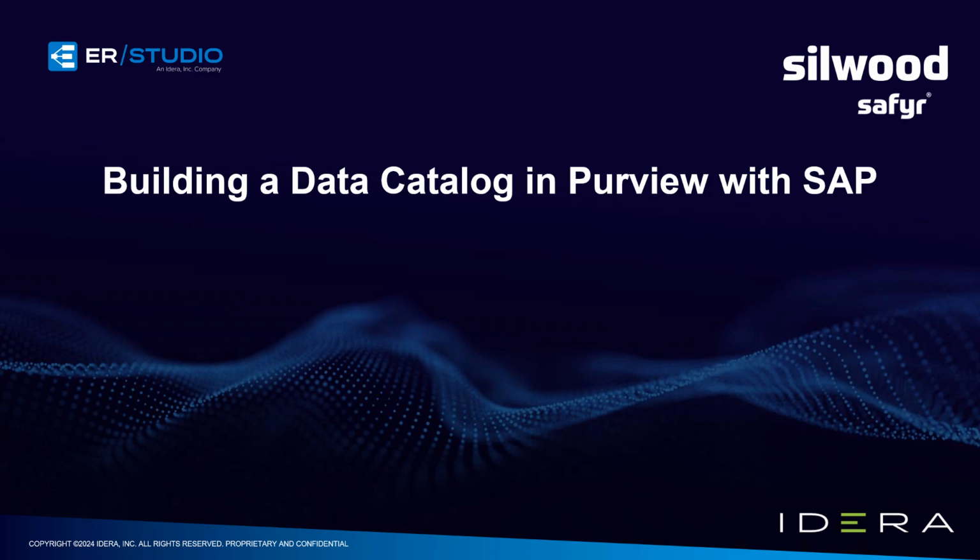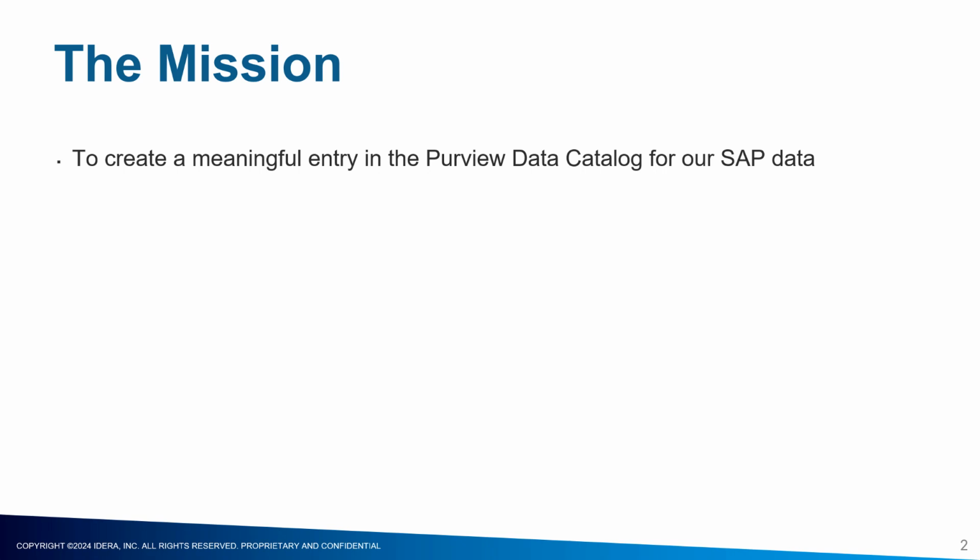In this video we're going to show you how to build a data catalog in Microsoft Purview with SAP data. In this case we're going to use SAP ECC6. So our mission is to create, as it says here, meaningful entries in the Purview data catalog from our SAP